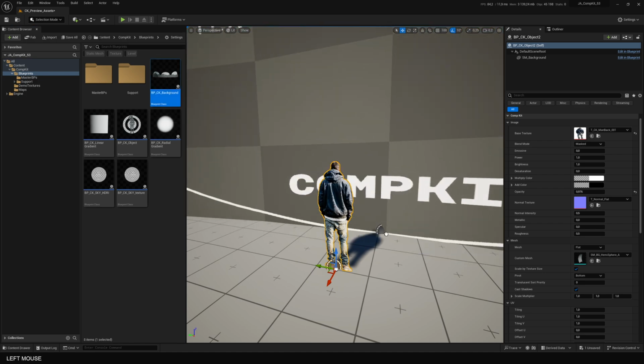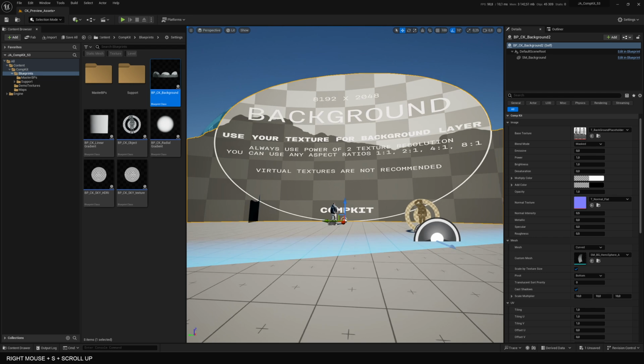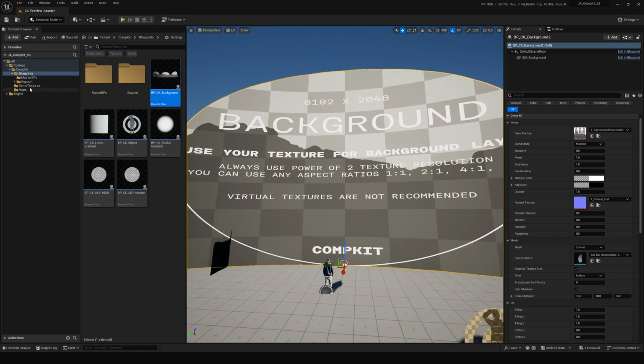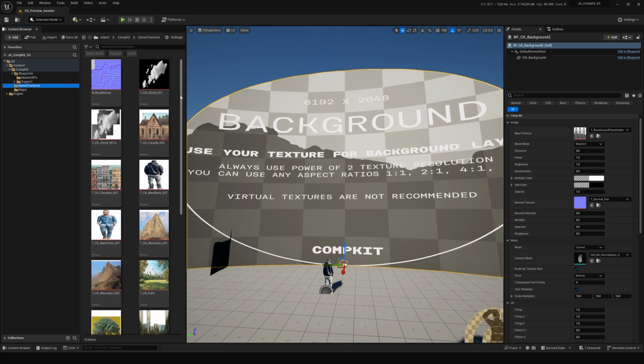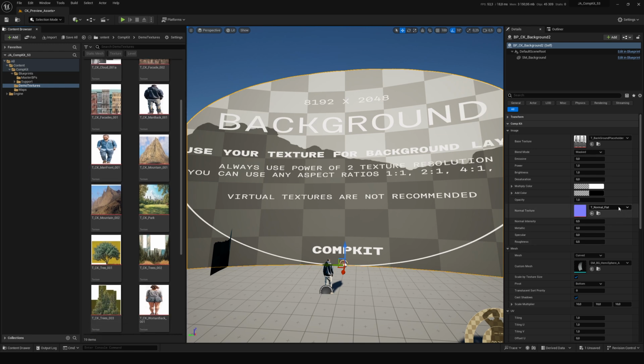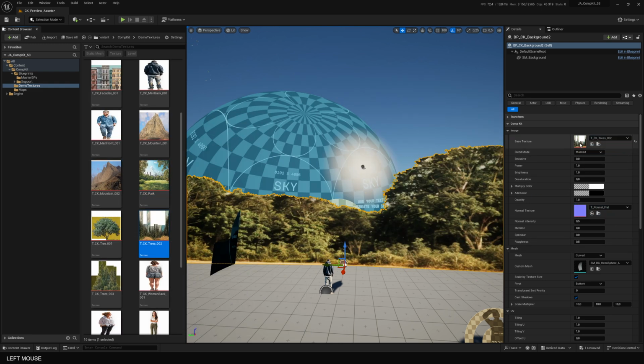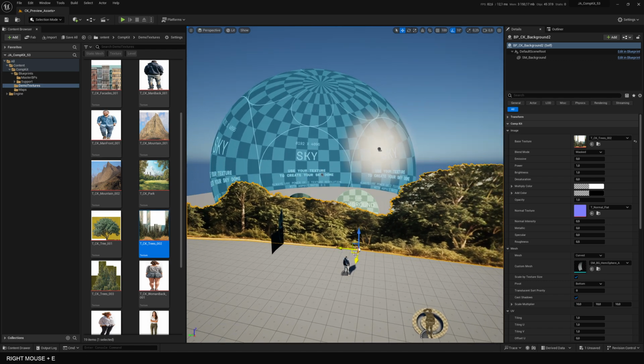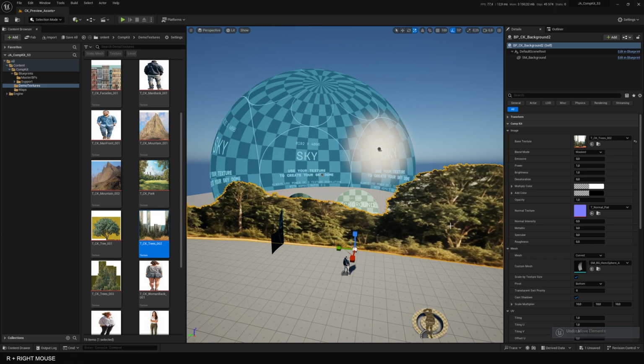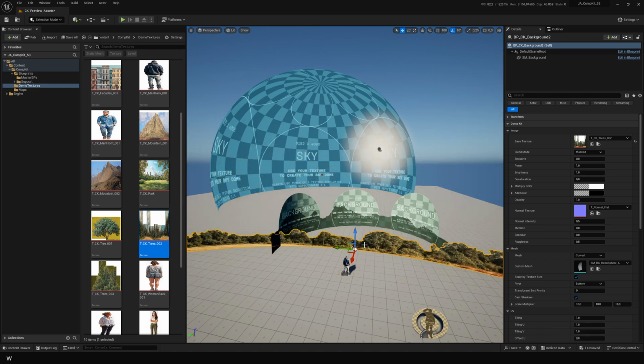And so we have this blueprint for the objects. It's the same but bigger. It's for the backgrounds. So let me add something up here. You will find some test textures in this pack. And let's use this one, or maybe this one. So you can just scale it down, and you have some background